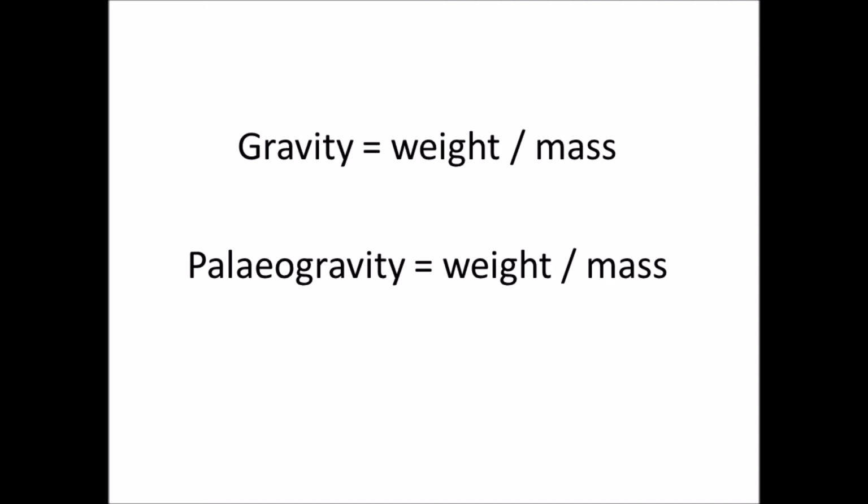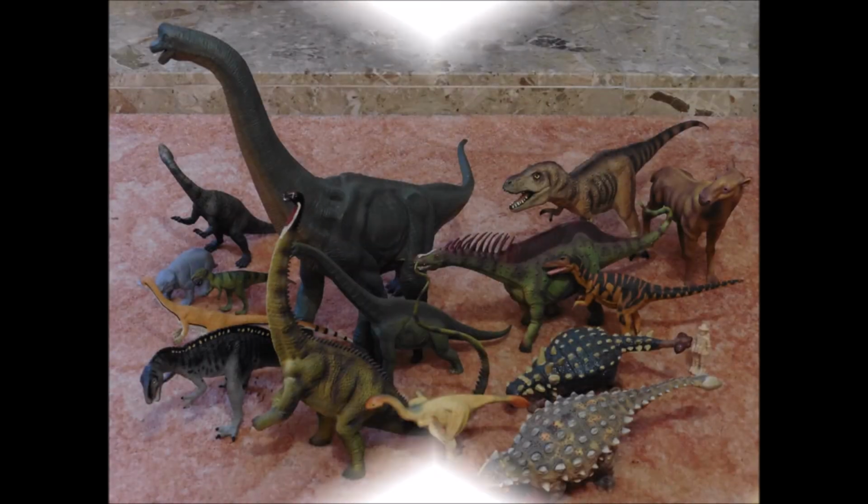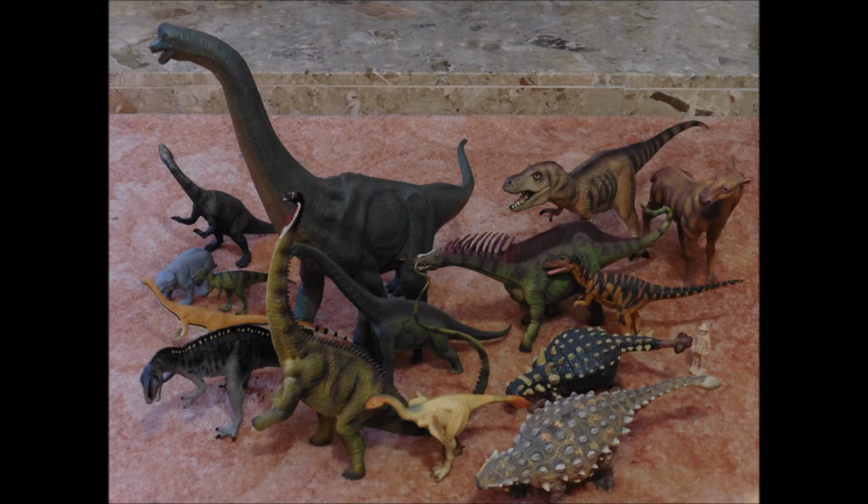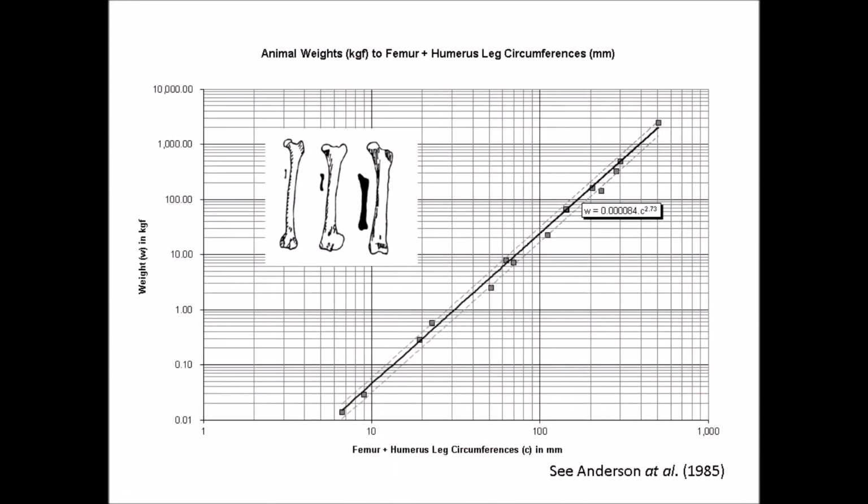If we had a time machine, we could send our astronauts back into the past to measure the weight, and this would enable us to calculate paleogravity. In the absence of a time machine, we could also calculate paleogravity if we could calculate the weight of any mass that we know existed in the past. A prehistoric animal could be used to calculate paleogravity using the weight-mass method if we could calculate the animal's weight and mass. Let's consider how we might calculate the weight of an animal.